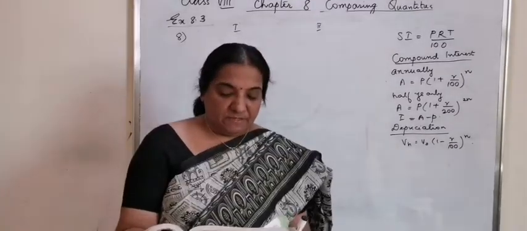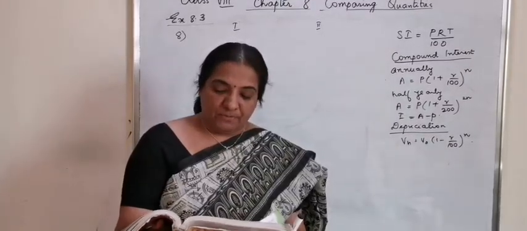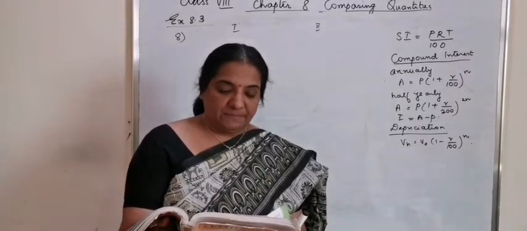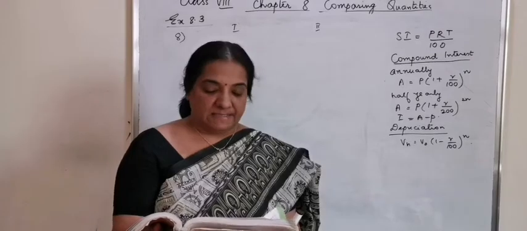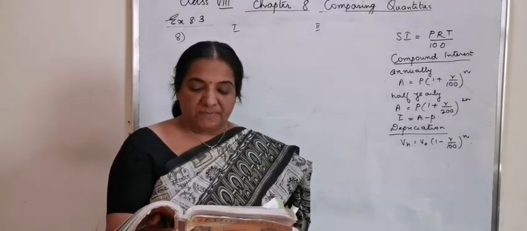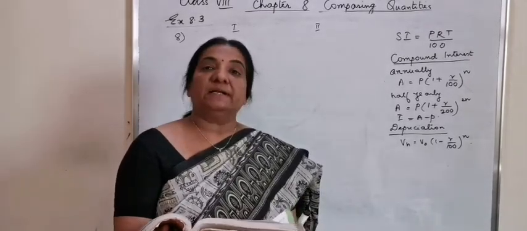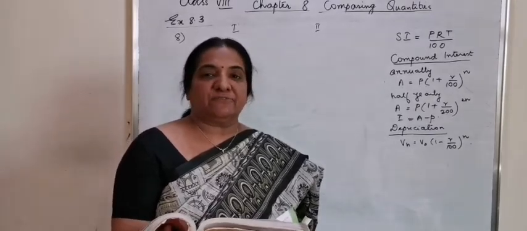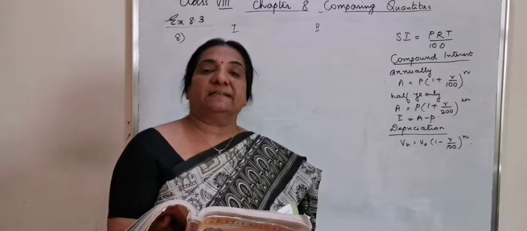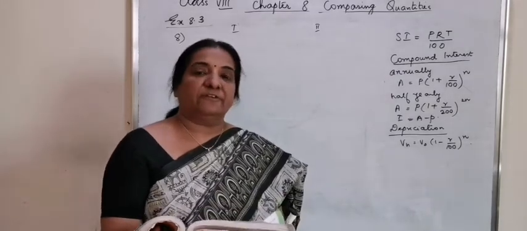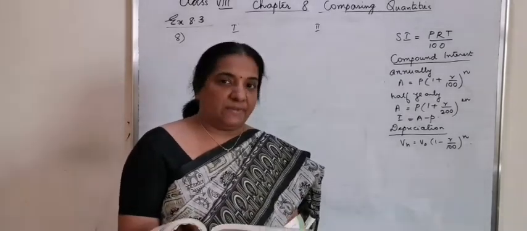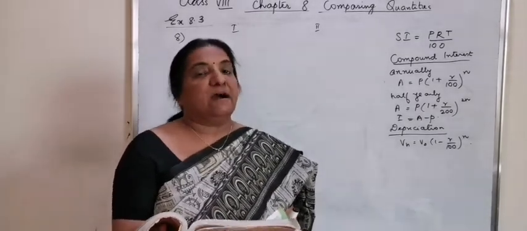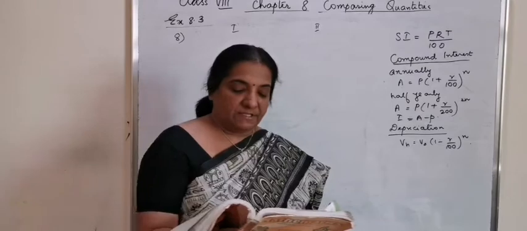Question number 8. Find the amount and compound interest on rupees 10,000 for 1.5 years at 10% per annum compounded half yearly. That's a direct sum. Would this interest be more than the interest if it is compounded annually? The same two types: the first one, for 1.5 years, by directly applying the formula if it is half yearly, and if it is compounded annually, for the 1 year by the compound interest formula and the remaining half year by the simple interest formula.